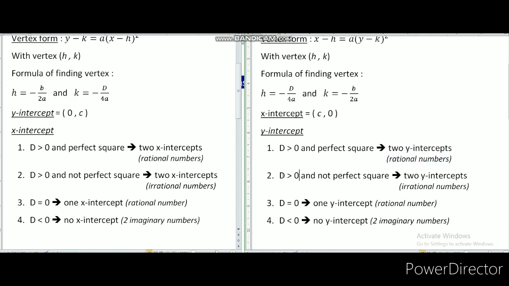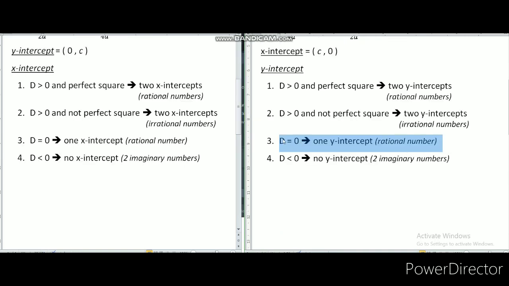And if it is bigger than 0 but not a perfect square, you still have two y-intercepts, but the values will be irrational numbers. If it is equal to 0, then you still have one y-intercept with a rational number value. And the last one, D less than 0, then you have no y-intercept. Or if you want to find the value of the y-intercept, it will be two imaginary numbers. So after we find the conditions of your x-intercepts on the left or y-intercepts on the right,